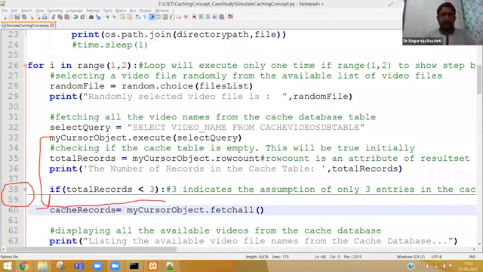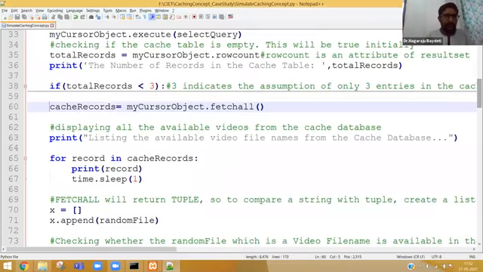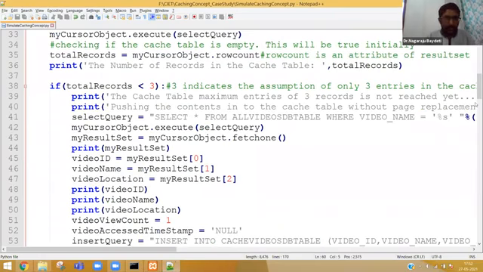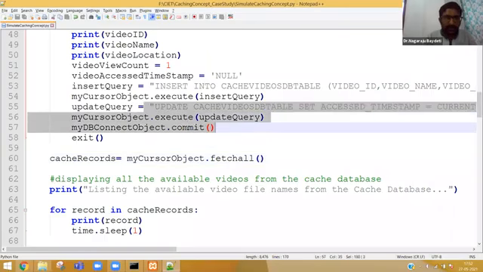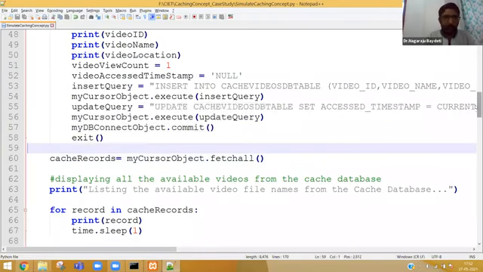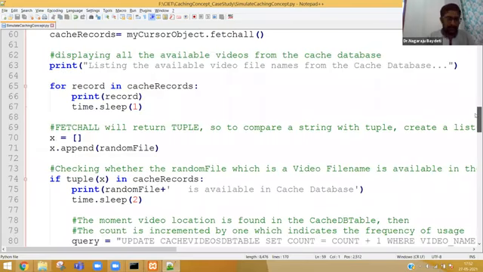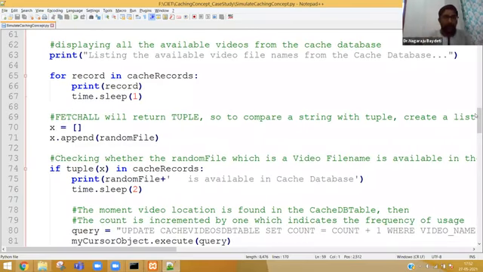Okay, let me clear all the drawings and continue. So I am trying to expand again. Don't get confused by seeing one query here in line number 56. Don't think fetch all will give that query. That is part of the if. Sometimes code will actually cheat us. Okay, code will not cheat, but we may get confused.